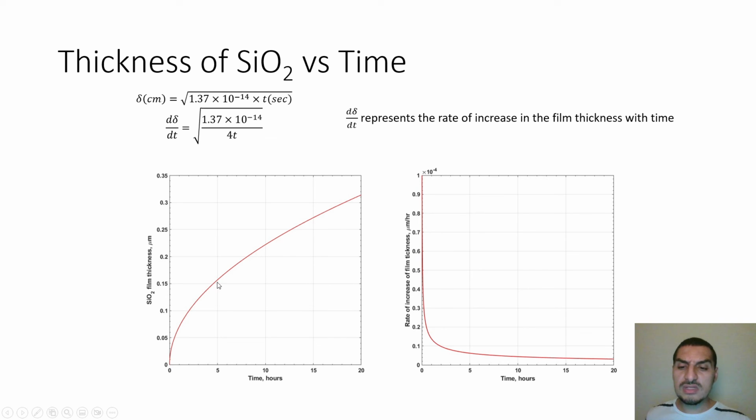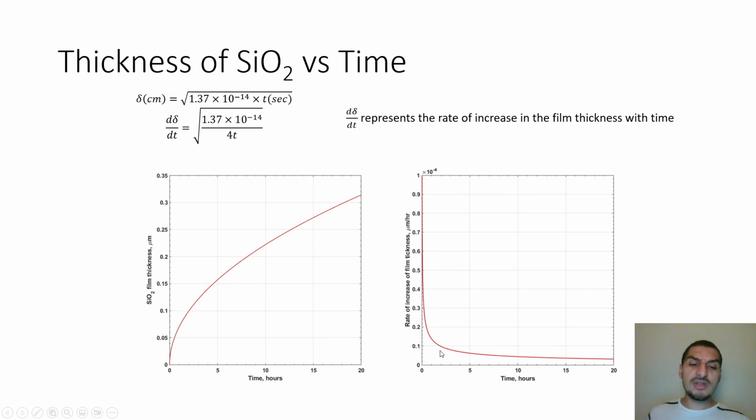One thing that you would notice here is that it takes the silicon oxide almost 5 hours to reach 0.16 microns, and it takes another 15 hours to increase by the same thickness, another 0.16 micrometers. So 5 hours are needed in the beginning to reach a thickness, and to double this thickness it takes us 3 times the time, which makes sense. This is something that we can predict from this equation, and this makes sense here to see this